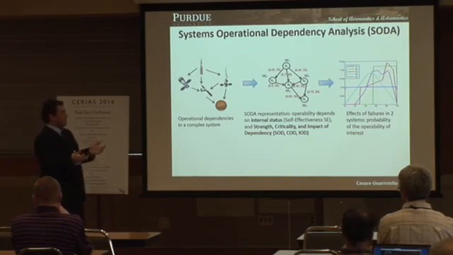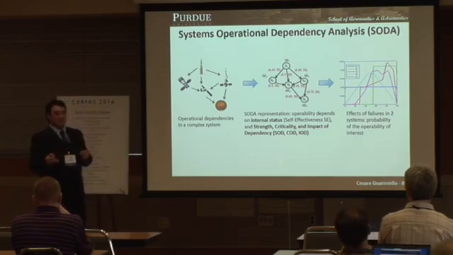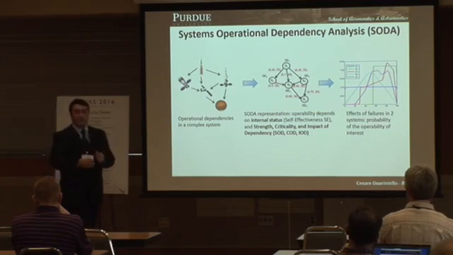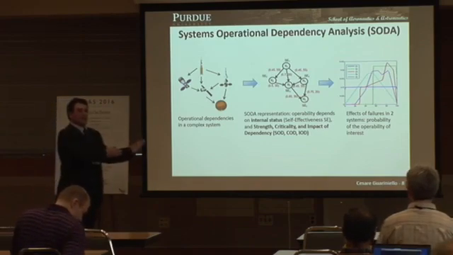Then, if we have historical data, if we have experiments or whatever is the source, we identify the parameters that represent these dependencies. At this point, we can run our SODA analysis. It can be, and we'll see later in some application, deterministic. Single point, we decide what are the failures or what is the current operability status of each system, and we measure what will be the cascading effect on the operability of all the other systems until finding out the numbers we are interested in, for example, with how much percentage I achieve my capability of executing this mission to Mars.